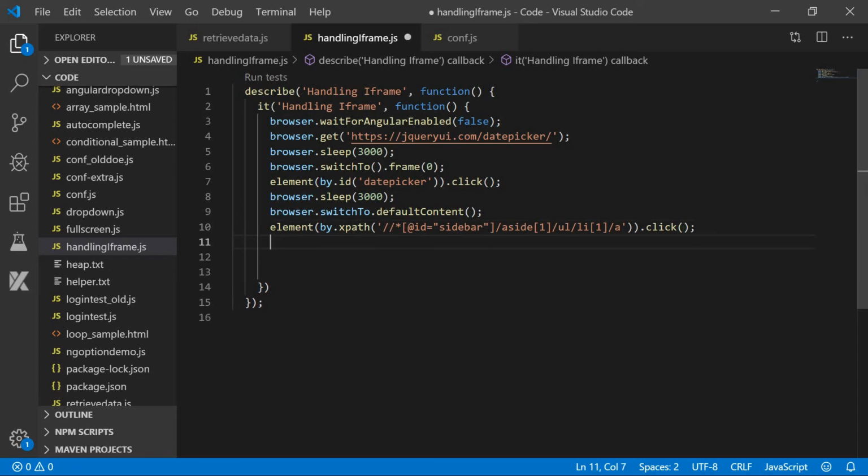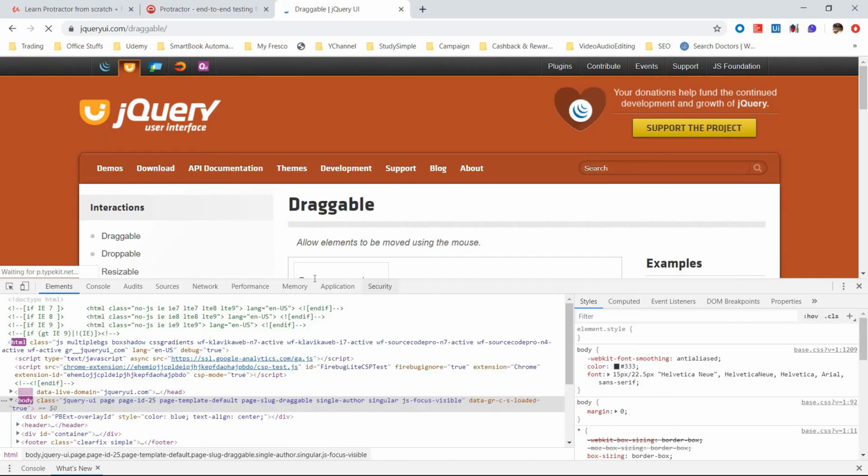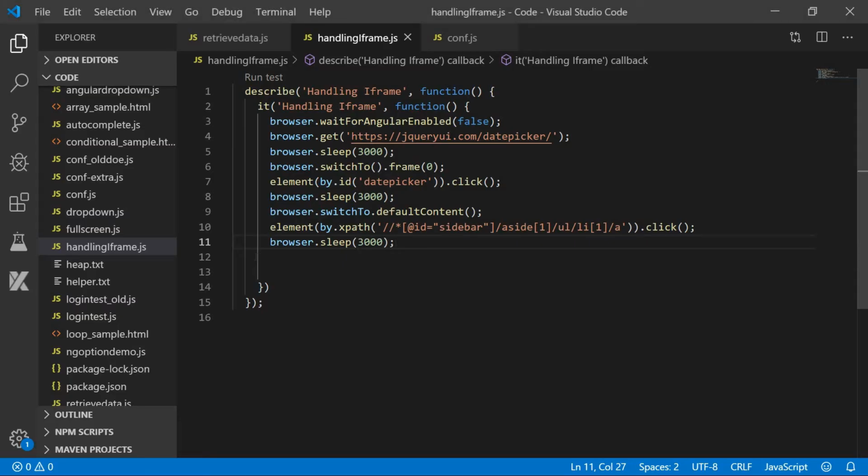Let us give a small pause here so that you can understand, because Protractor is very fast. If we just go on, you will not be able to understand where it is clicking. So we give a small pause there, and it will click on the draggable. Let us now run this and check where we are.